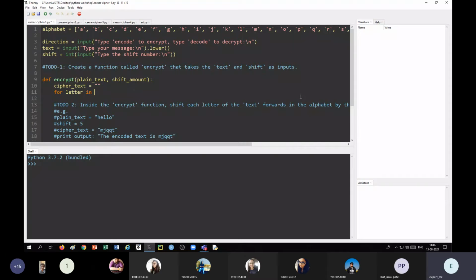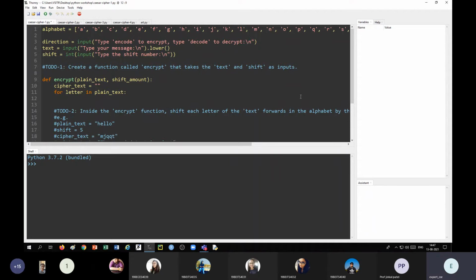Here we have plain text. We have each letter, but for us the letter is not important because we need the position, because we want to shift the position of the letter. We can know the position using the index command, which is used with the list.